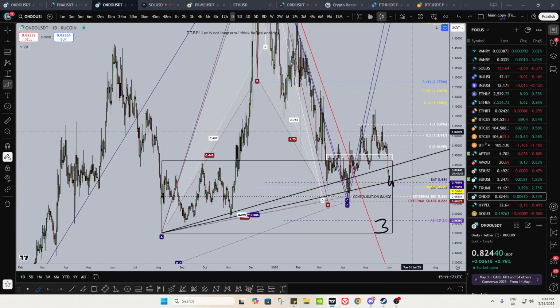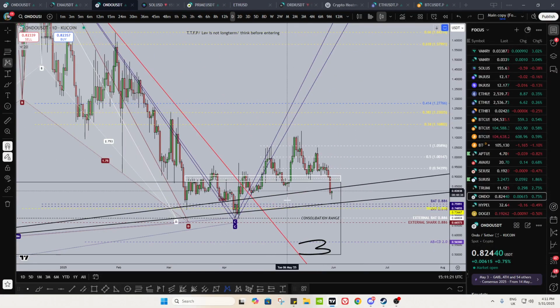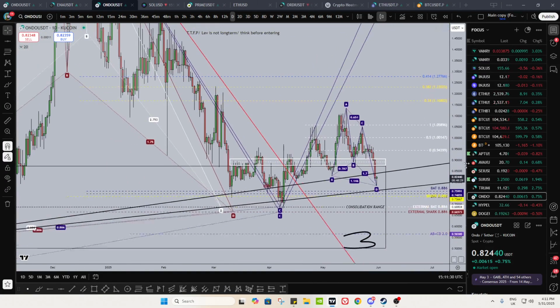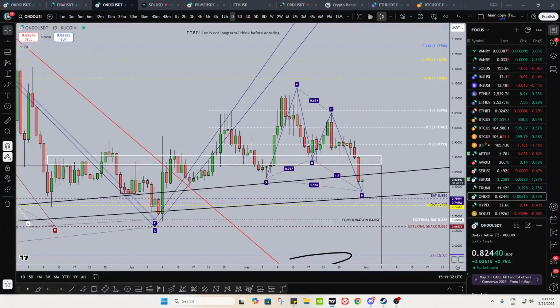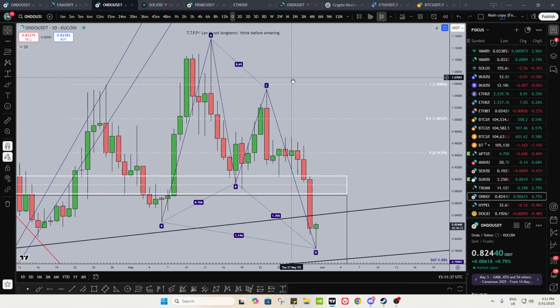So if we take a look at Ondo, it looks like we're getting a butterfly here. No, I mean, is that a bit too deep for a 786? No, that's perfect. So we have a 786, and yeah, that's a butterfly. So the butterfly is going to be a bit deeper. It's not there yet. Honestly, harmonics are so powerful.